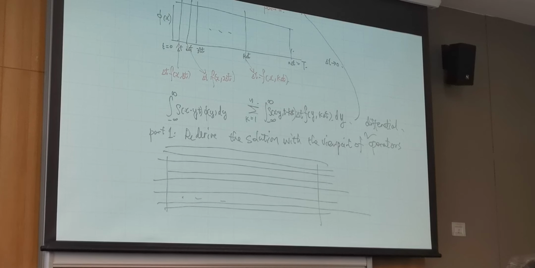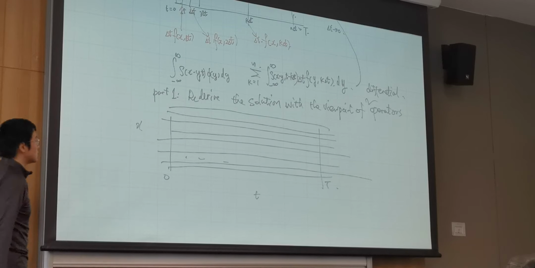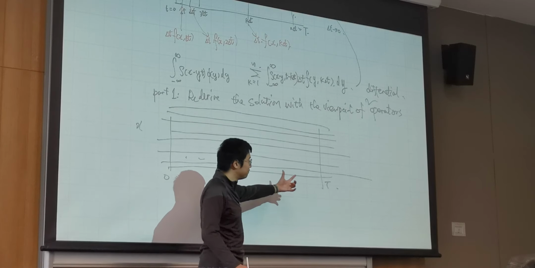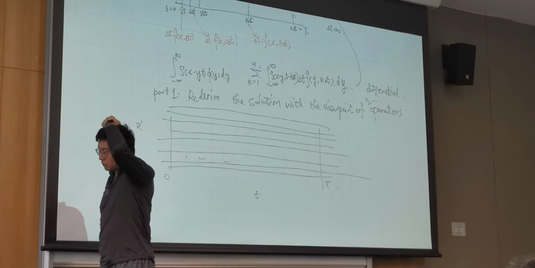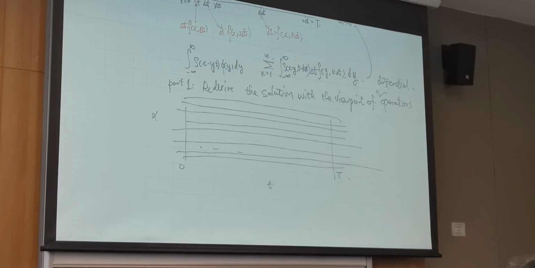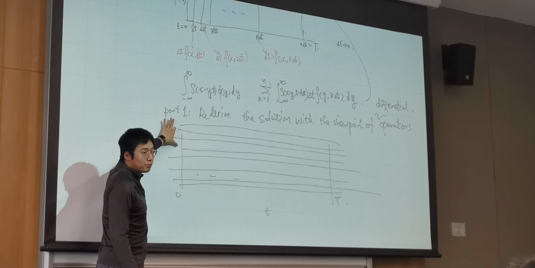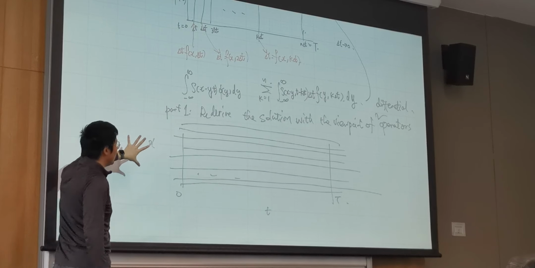Okay, I'm going to discretize the space. So again, this is the x-axis, this is the t-axis. This is from 0, this is from 0, at the beginning, and this is at the end of time. Okay. So now that means that I am trying to use this space split to approximate